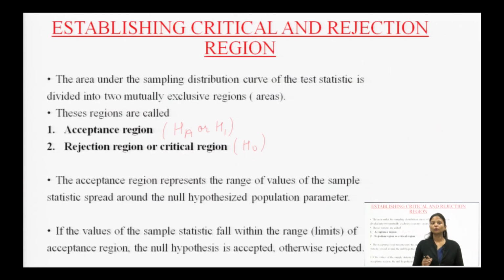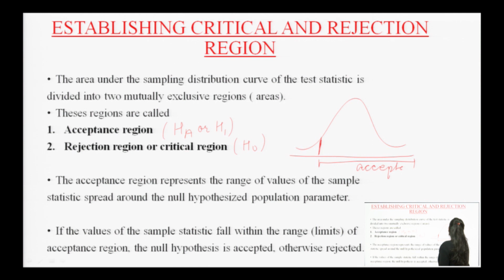A small recap of what we have done: first of all, we talked about the acceptance area and the rejection areas. Generally, the acceptance area is a large area which lies in the bell shaped curve. We mark this major area as the acceptance area, whereas this small area we call the rejection area. The acceptance area is accepted because the answer that the statistics gives lies in this area, whereas the answer does not lie in the rejection area, therefore I am rejecting it. The line which separates the acceptance area and the rejection area is called the